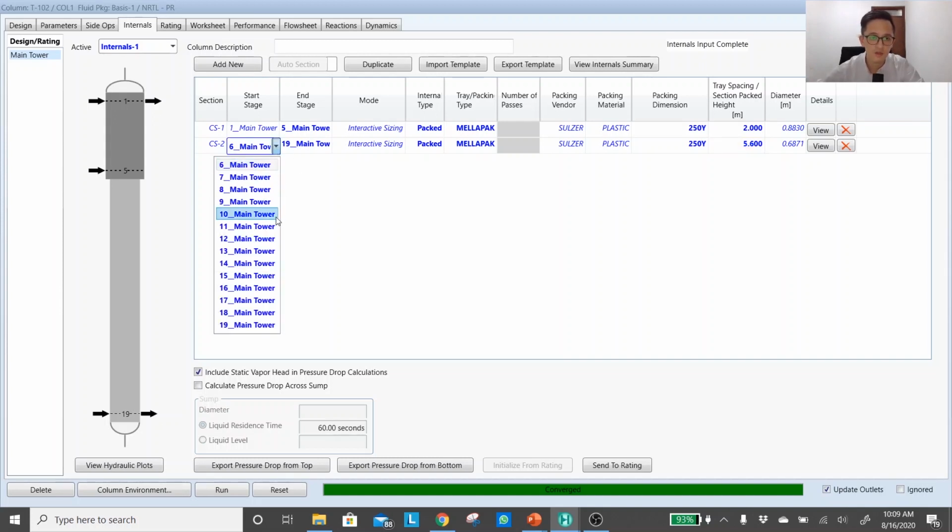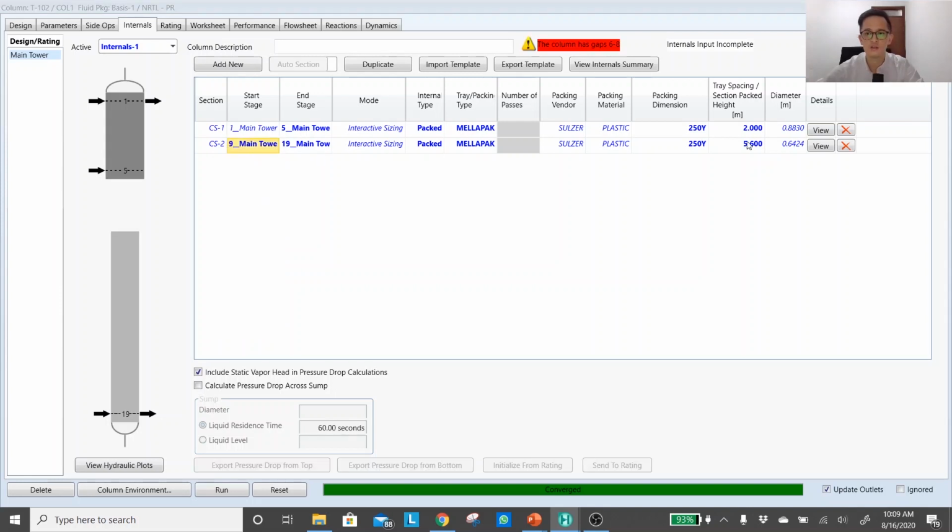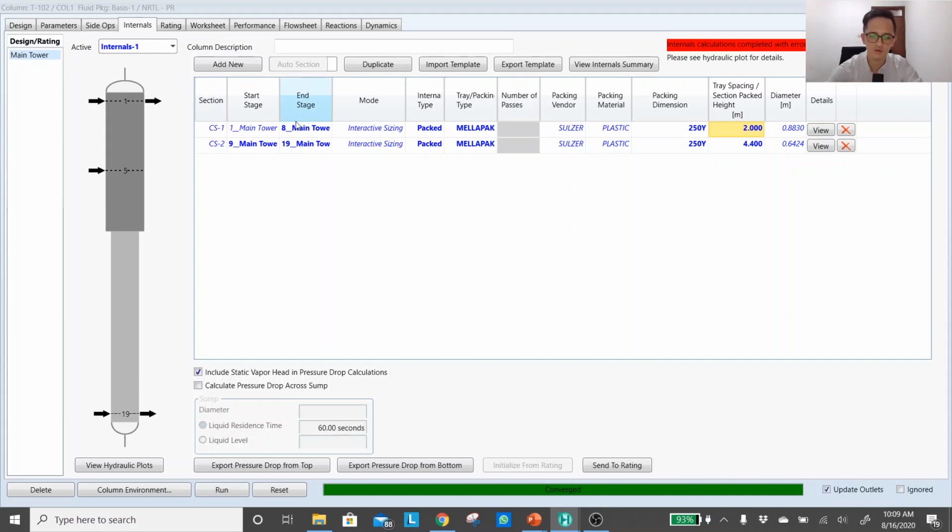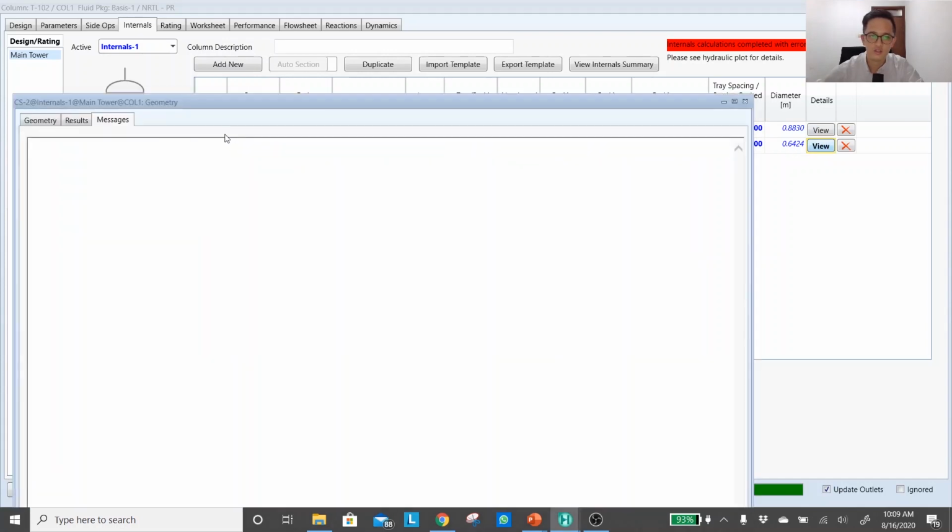That means I can only have from 9 to 19, using the same HETP or packing height. Now my top section will be changed from 1 to 8, 8 stages times 0.4, that becomes 3.2 meter. Okay, check again the results. Now the message disappears.